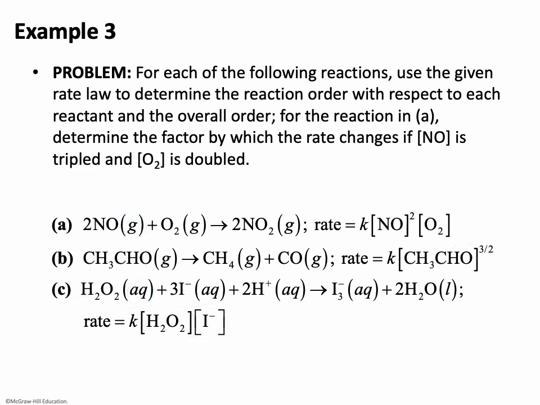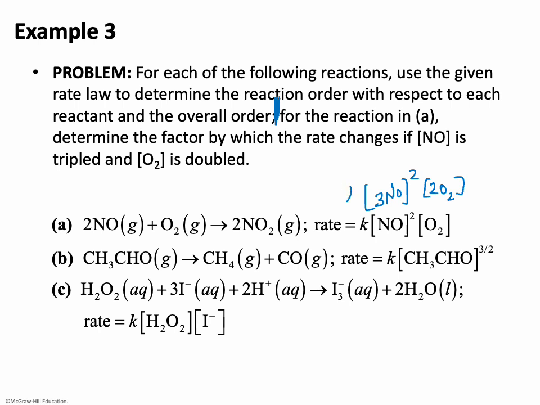Okay, so we finished part A of the question, which was determine the reaction order with respect to each reactant and the overall order. Now let's focus on the second part, which starts here. For the reaction in A, determine the factor by which rate changes if NO is tripled and O2 is doubled, which means I need to find what is the new factor, okay, by which if NO is tripled, so NO becomes 3NO and it is 3NO squared, and oxygen is doubled, which means it is now 2 times, so it is 2O2 doubled, and the factor is 1,